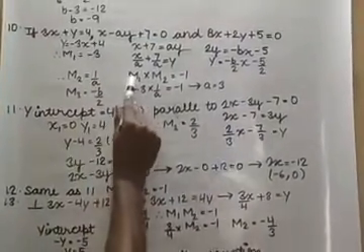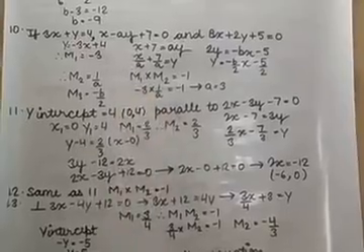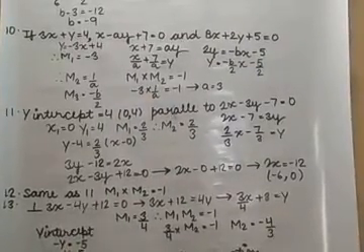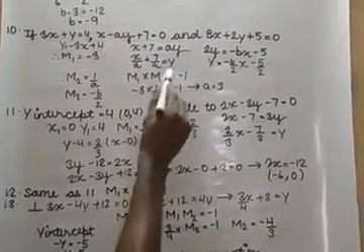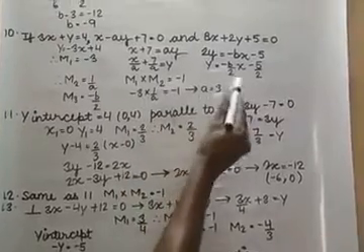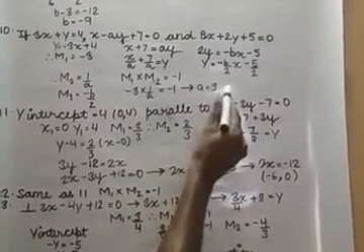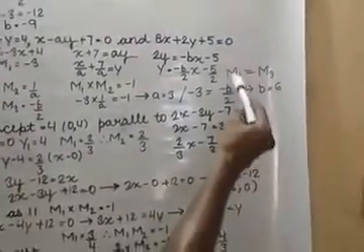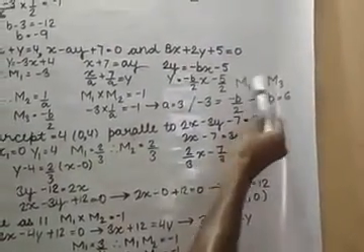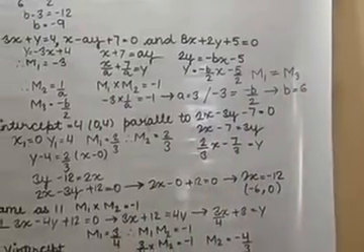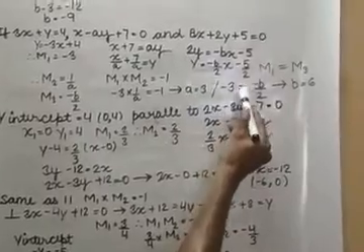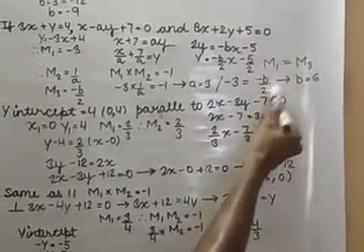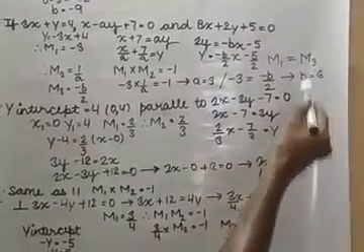Now I know that m1 times m2 is equal to -1, because two consecutive sides are perpendicular to each other. So after calculating, I got the value of a as 3. Now we take m1 equal to m3, because we know that the opposite sides of a rectangle are parallel to each other. So -3 is equal to -b/2, that is b is equal to 6.